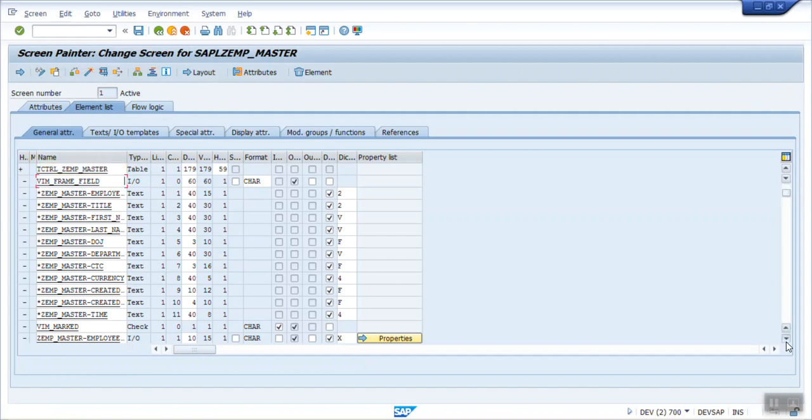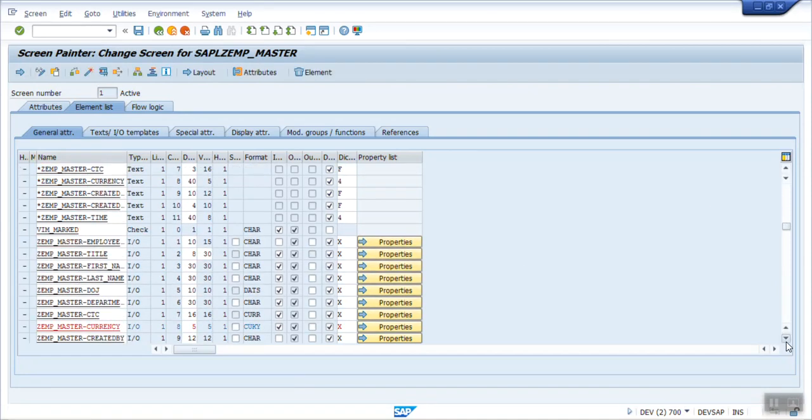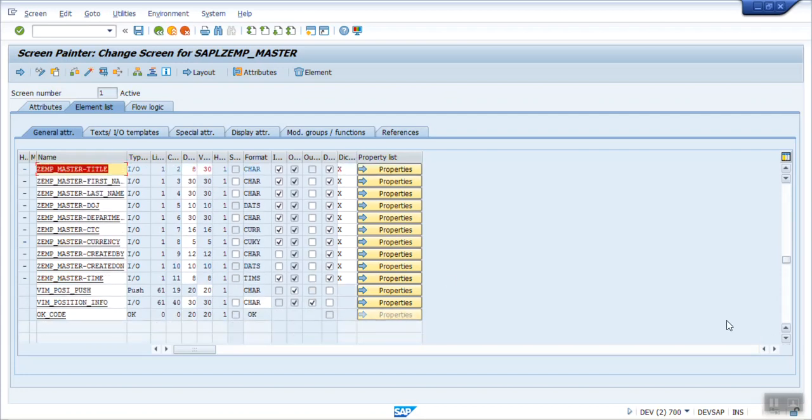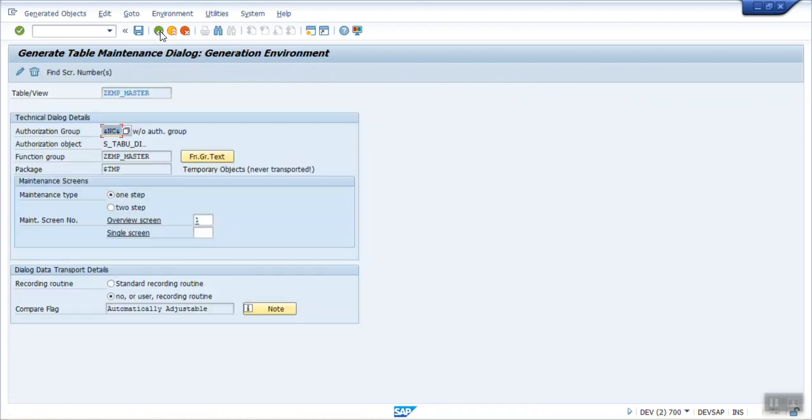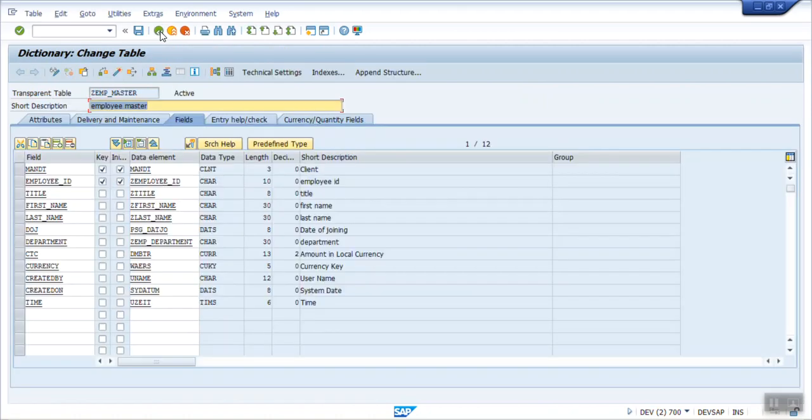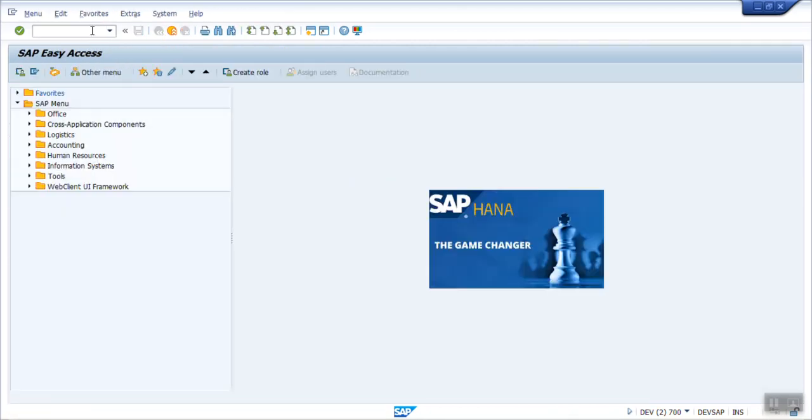Now come to element list. Now here if you see, I have made the two fields display mode. Okay, now I want to make the time display mode here. So here if you see the input, I have to remove this checkbox. If I remove this checkbox, this will again work as display mode only. So I have activated the object, go back, come out of the program, again go to SM30